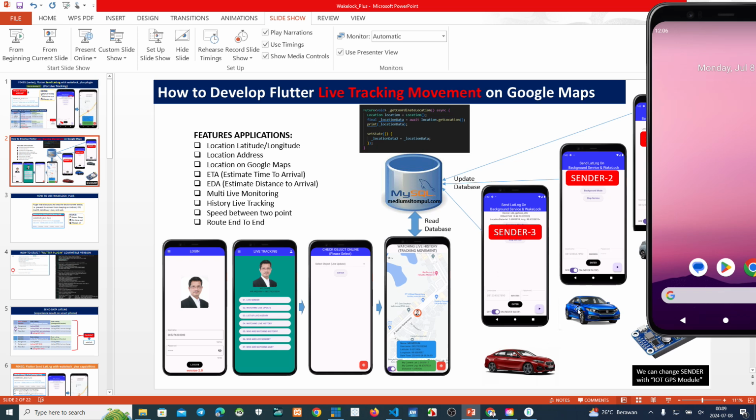if we use this for a bus or other vehicles, we can see where the vehicle or the bus is now, what time the vehicle arrived at this halte, or the road from one point to another point, or we can see the speed between one point and another point.